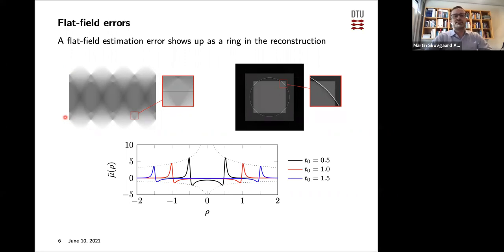So you're making a systematic error, and basically you take the ratio and then you take the log. So an error in the flat field will turn into a stripe in the sinogram. Right. So if you don't have a very accurate flat field, you're going to end up with rings in your